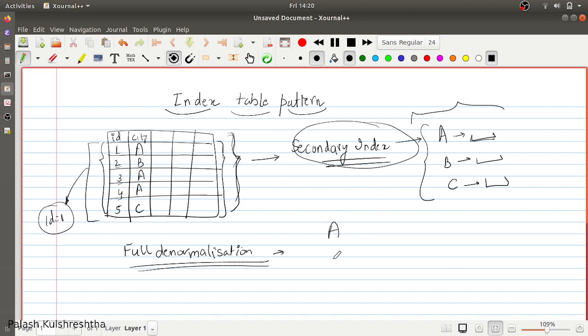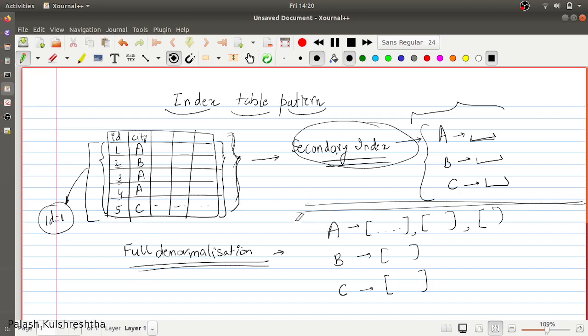So A, B, and C. Then the A entry is going to have all the documents with city A in it, the B entry all the documents with city B, and the C entry all the data which have C in it. All these fields are going to be duplicated in this secondary index, which is full denormalization. That is, you are duplicating the data in your index table.